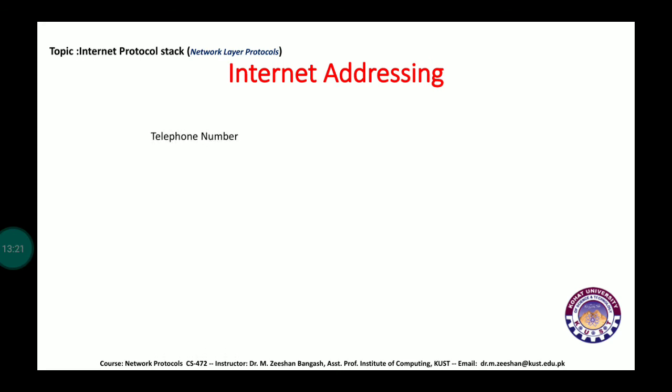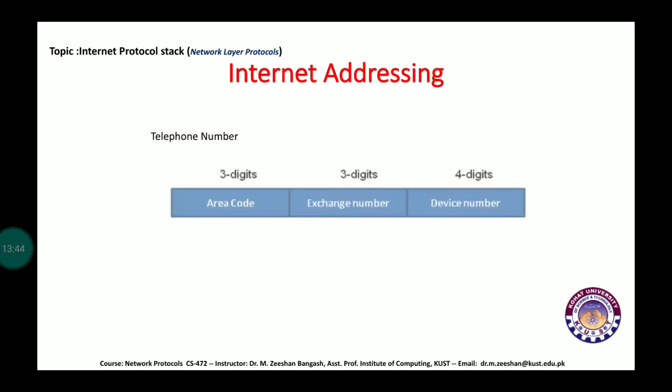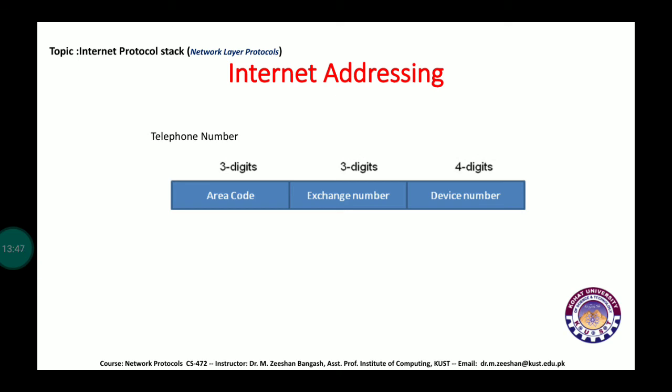So now let's talk about the telephone addressing. The telephone number which we use personally in our home has a format, and this format comprises the area code and the exchange code, followed by some unique identifier. You can just look into that the normal telephone number comprises 10 digits, in which the first three digits show the